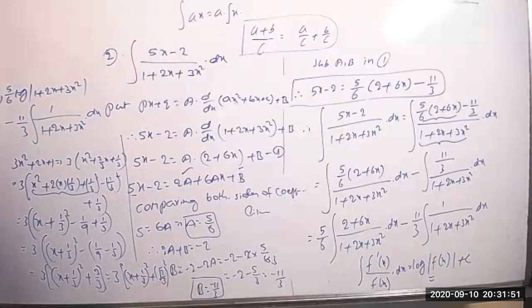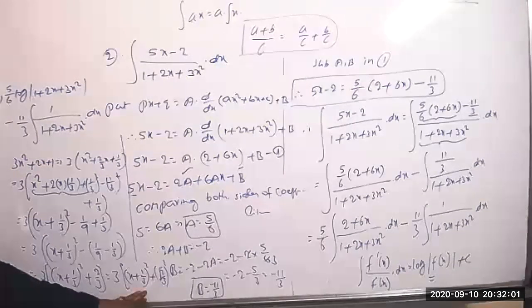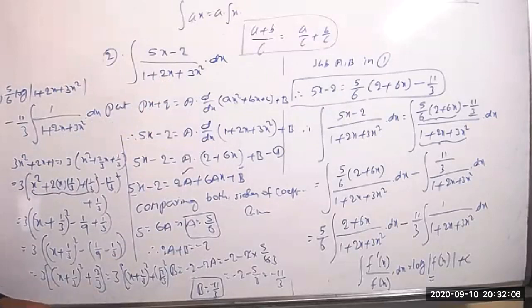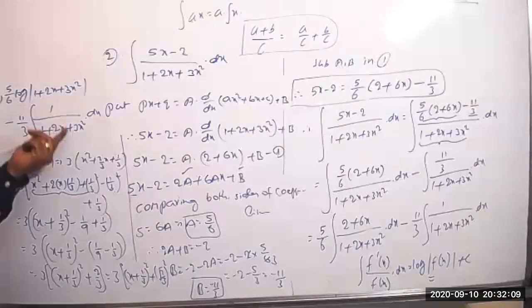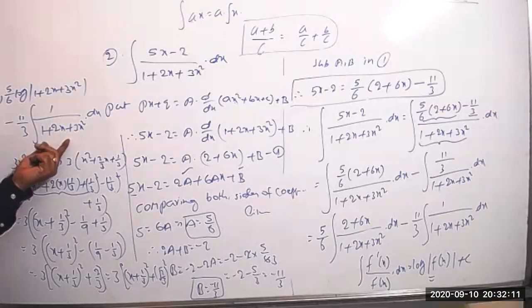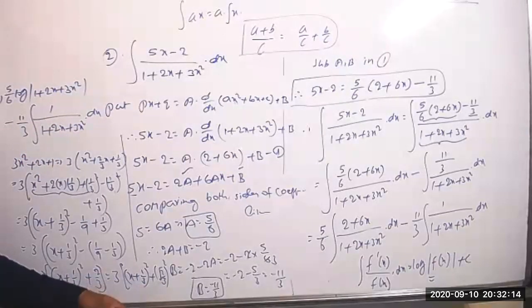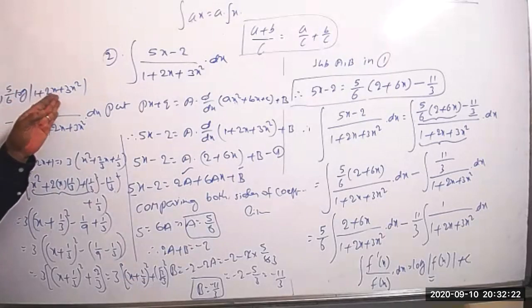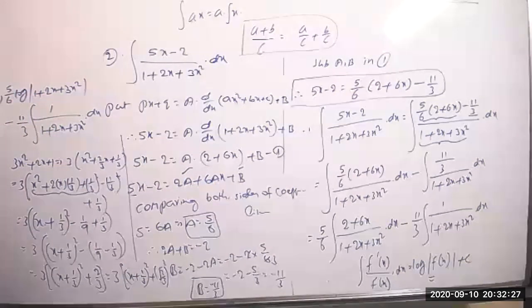Okay. Now copy this one, then we'll continue. Always at the last step we need to solve it with the square root method. Same thing only, but here you can substitute in place of where it is. Already we did the previous method. Then take substitution, x plus 1 by 3 equal to t, dt equal to dx. Then you can write the x square plus a square formula. Integration of 1 by x square plus a square, we know very well is 1 by a into tan inverse of x by a. You can apply.